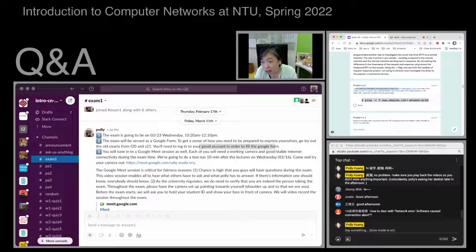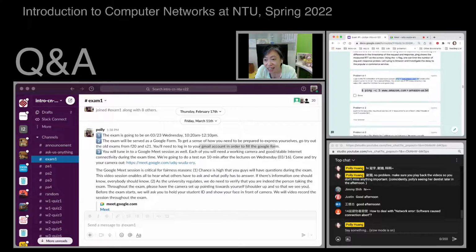You will need to log on to the PA workstation and try pinging www.amazon.com, and find out maybe the round trip delay, things like that. And this is the exact command you need to type on the command line to ping a particular machine.